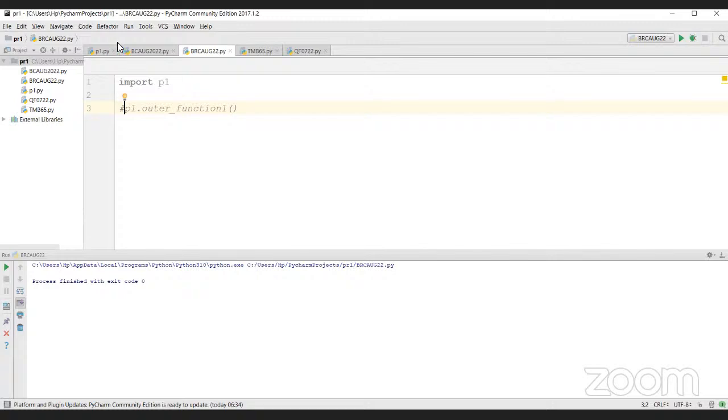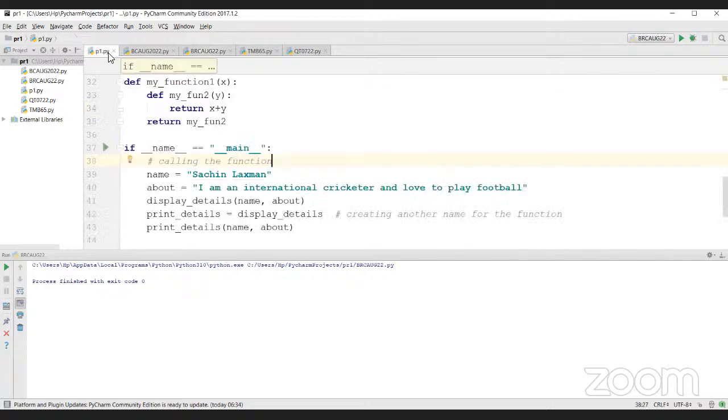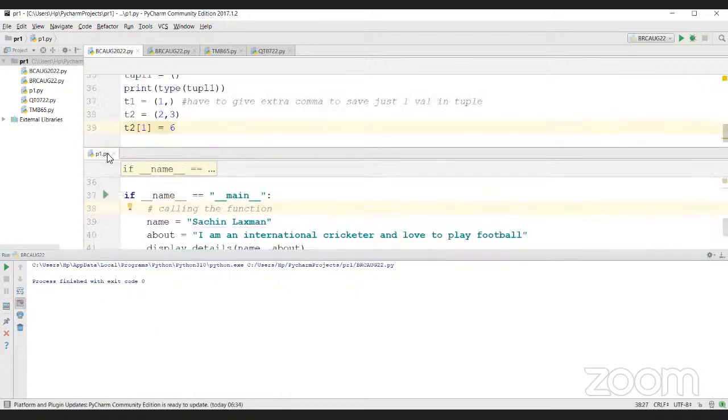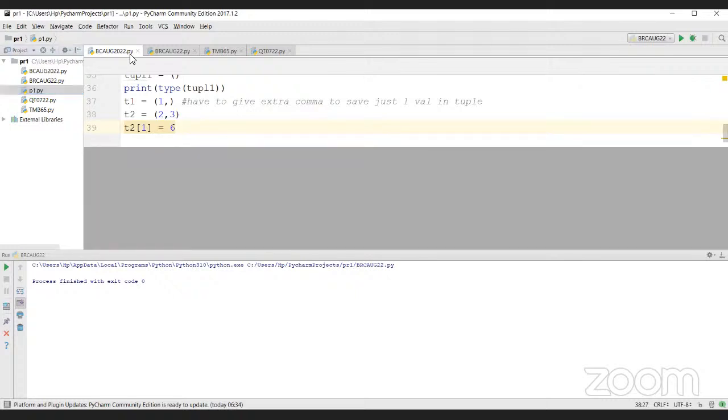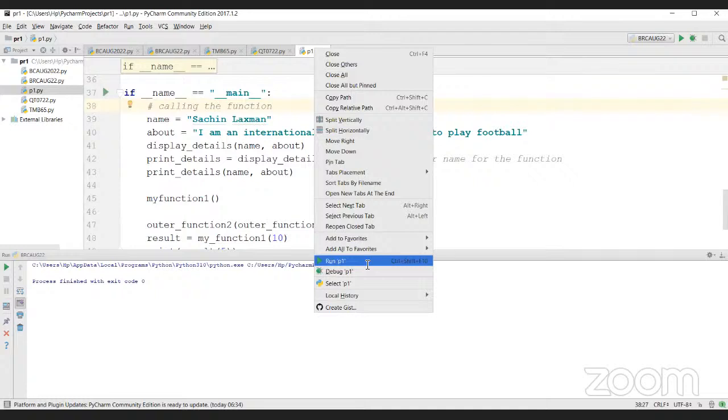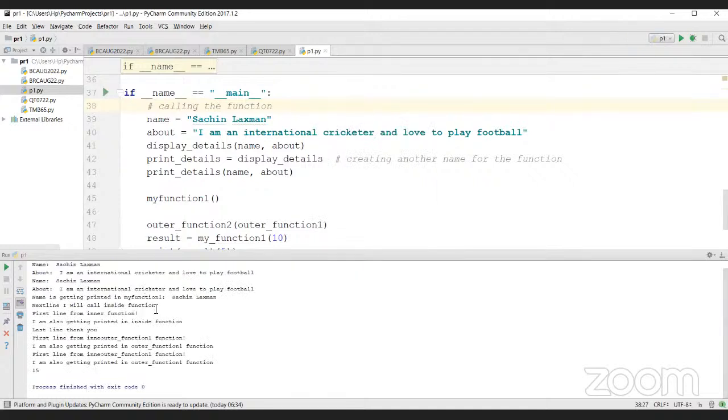So if I go and demonstrate again, when I go and run this, okay, so I have to call this, right? What happened to P1? Okay, it got added here. So P1 is here, right? Now, if I go and run P1, all these things got called again, isn't it? Because name is main in this case. Now, if I call this guy,